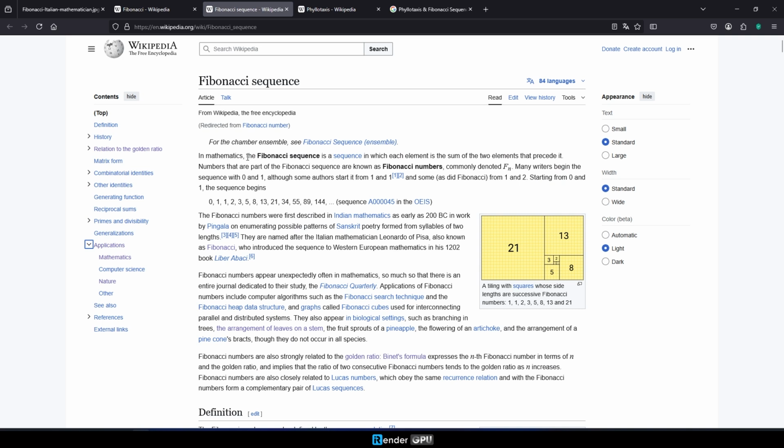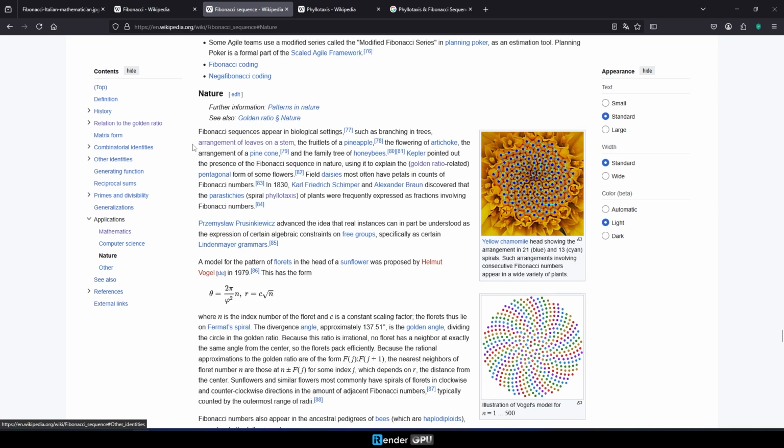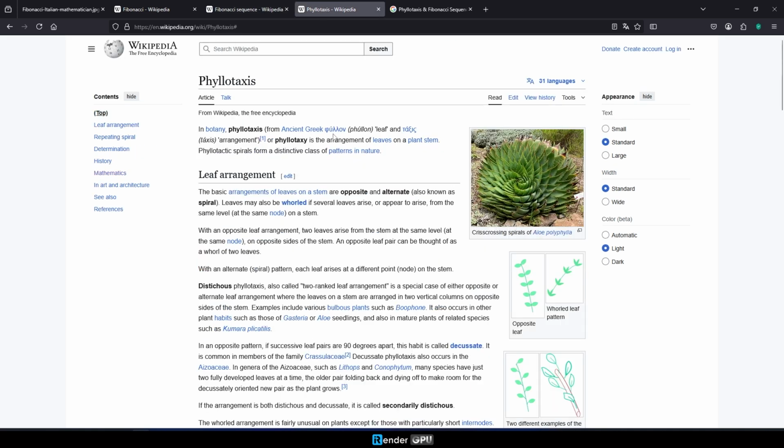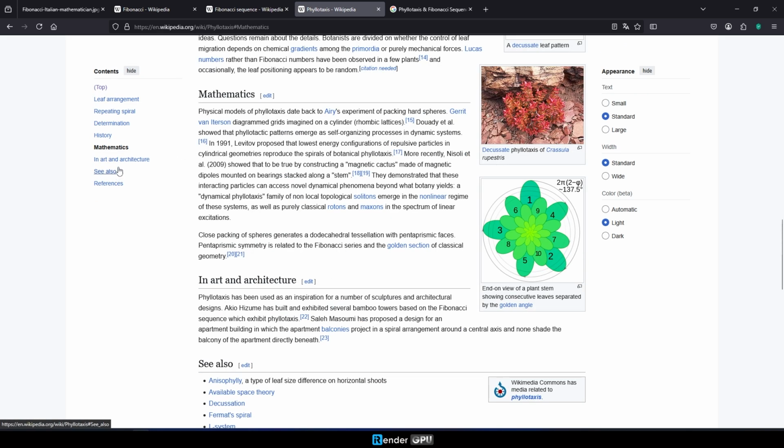Fibonacci, also known as Leonardo of Pisa, was an Italian mathematician widely regarded as the most talented Western mathematician of the Middle Ages. When mentioning him, we think of the Fibonacci sequence and the legendary golden ratio. The Fibonacci sequence is not only a fundamental concept in mathematics, but also appears extensively in life, and especially in nature. The Fibonacci sequence and the golden ratio are closely related to a botanical phenomenon known as phyllotaxis.